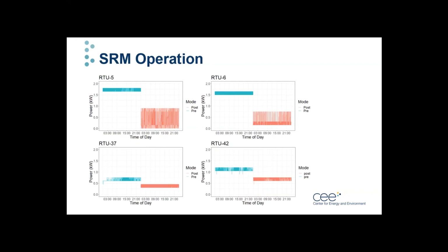Each one of these plots kind of looks like we installed the motors at midnight, with the pre and the post, but really these are 2 separate days from before and after retrofit that we felt were similar enough to compare. The blue lines represent baseline operation, which is a single speed fan that runs at 100% fan speed every time it runs. With a variable speed fan, evaporator fan speed is